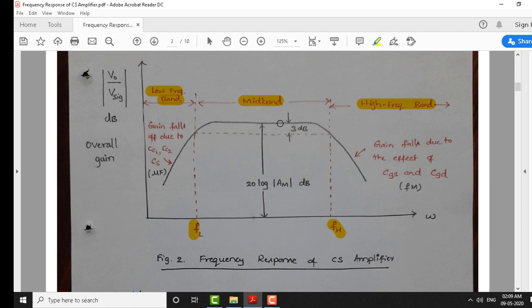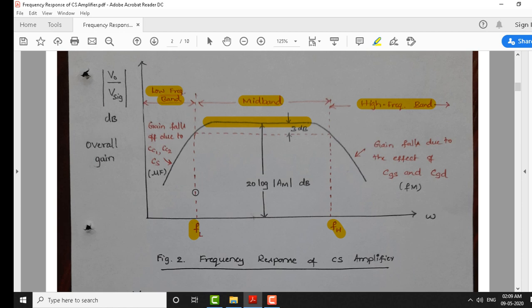So here, in the common source amplifier, we expect the gain to be constant, and that is called the mid-band gain. As we can see, at lower frequencies, for the frequency between 0 and FL, the gain is decreased, and as we move from 0 to higher frequency, the gain keeps increasing. And again, if you move across to the higher frequencies beyond FH, the gain further keeps decreasing.